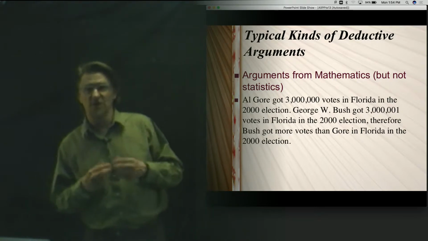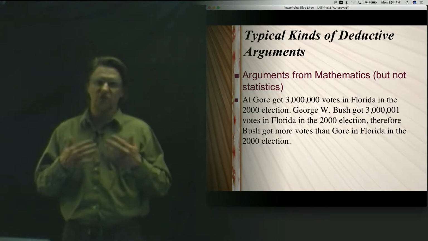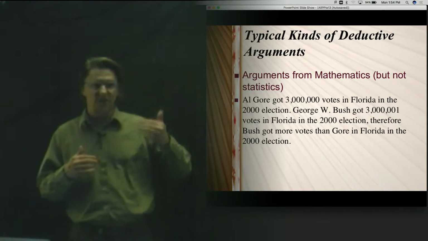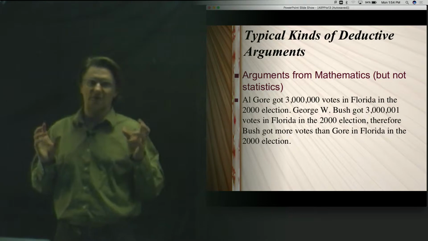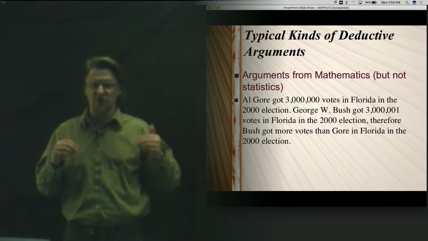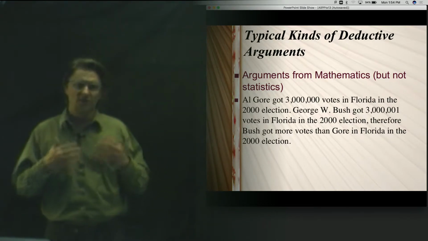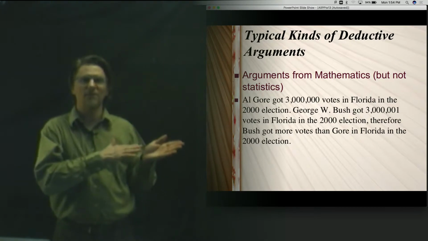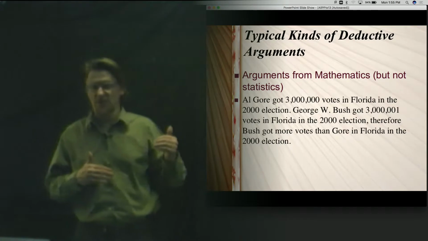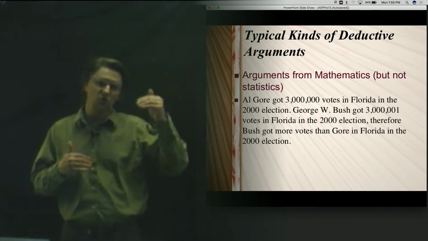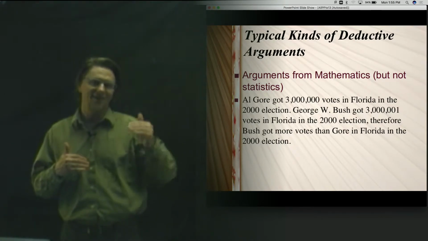Bush got 3,000,001 votes in Florida in the 2000 election, and then they conclude, therefore, right, here's our conclusion indicator word, Bush got more votes than Gore in Florida in the 2000 election. So what we can look at here is we can ask ourselves, well, why do they believe that Bush got more votes than Gore in the 2000 election? Essentially it's because 3,000,001 is a greater number than